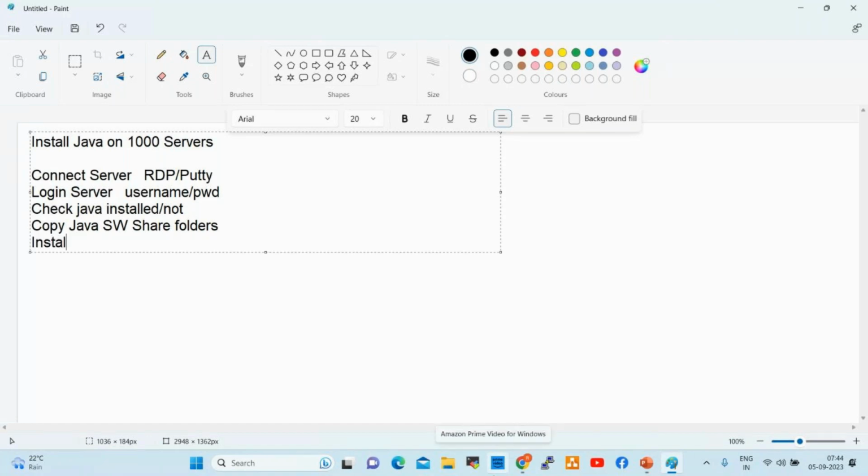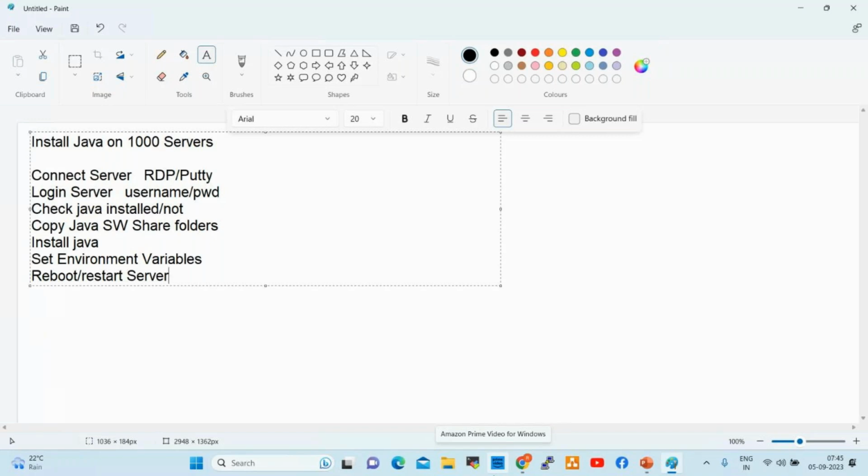Once Java is installed, we need to set environment variables, right? What is an environment variable? We need to set the path to access Java. Finally, we need to reboot or restart the server, so that we can access the Java application, right?